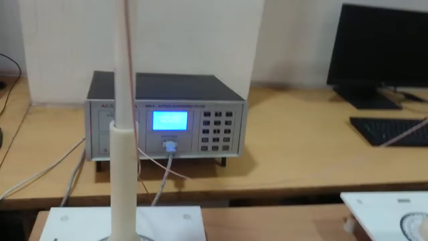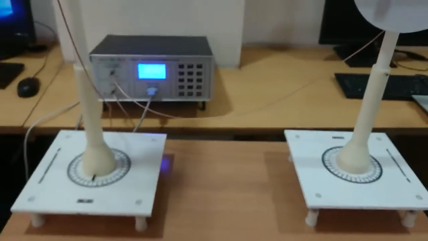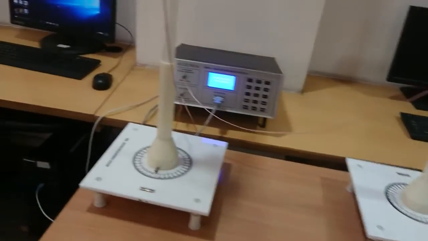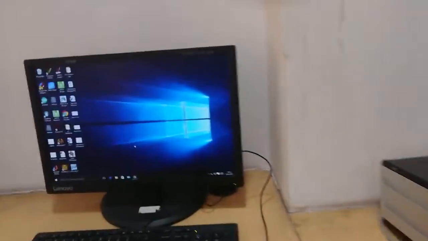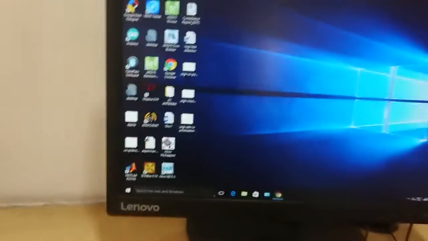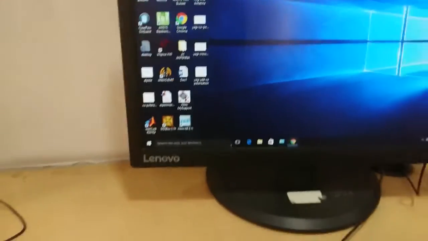And the distance between the transmitter and receiver we set initially is 1 meter. Now open AMS software in the search bar.